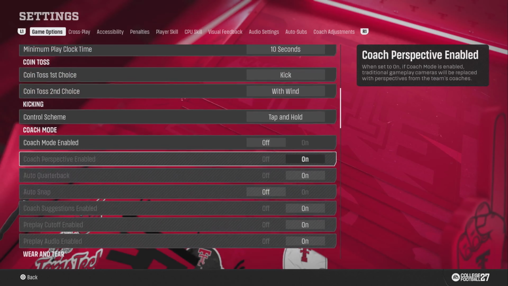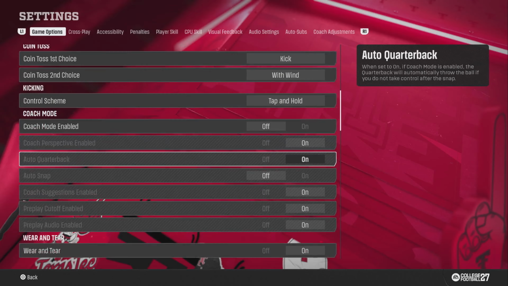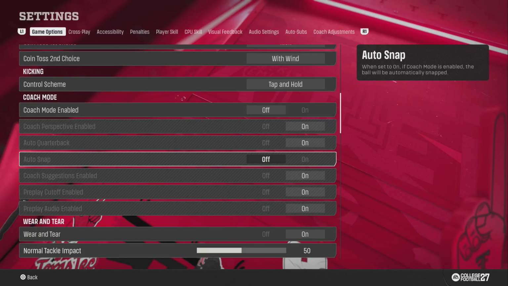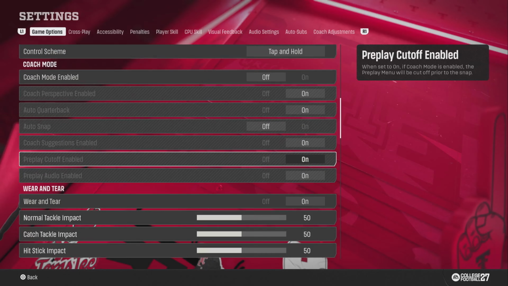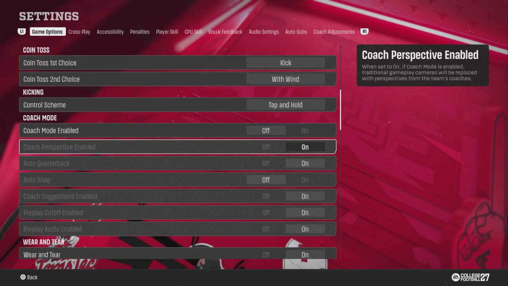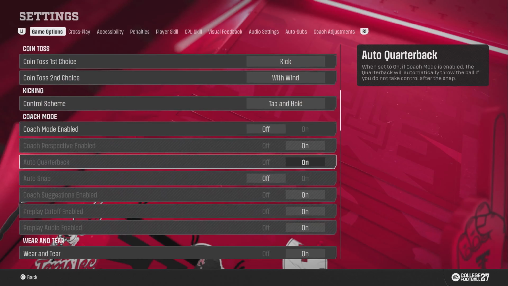Look for coach mode. You need to make sure that this is enabled so that you can take this on in the first place or take it off in the first place. But in this section, you're going to see an option for pre-play audio enabled, as well as pre-play off. Go ahead and select either option, change it to your preferred setting, and then of course you can go ahead and take off coach mode again, but you have to have this turned on in order to adjust any of